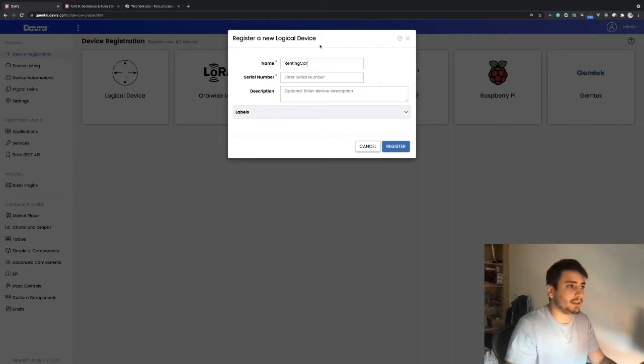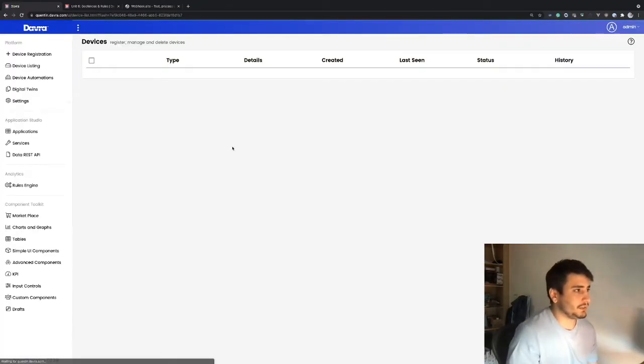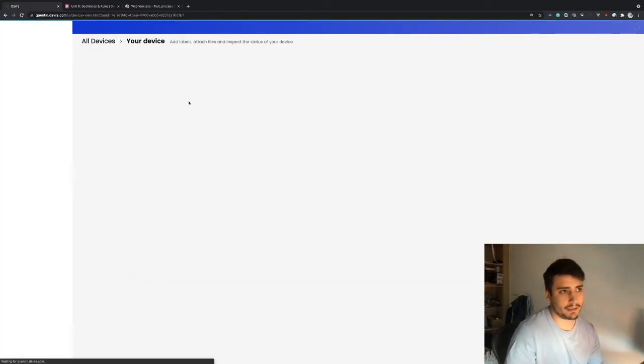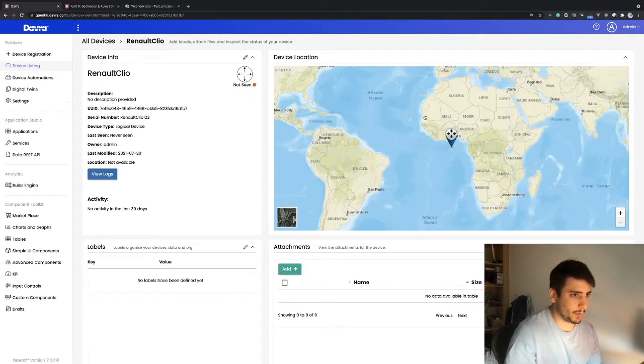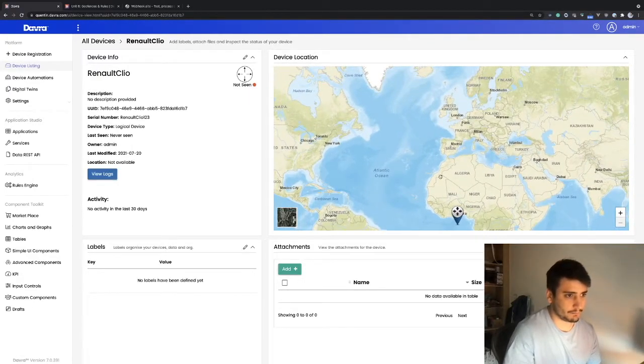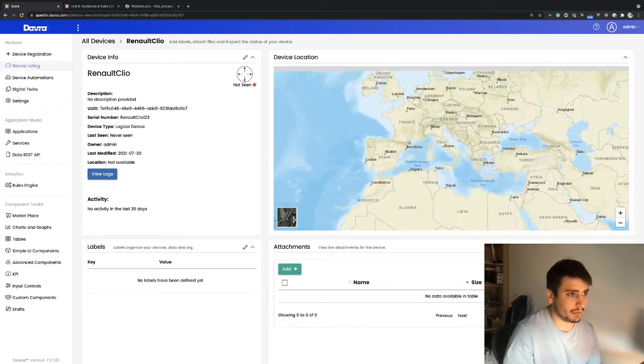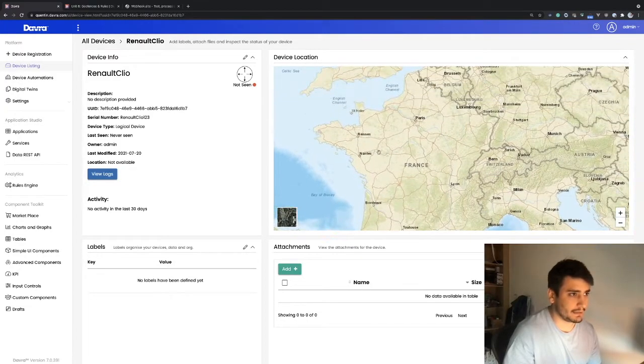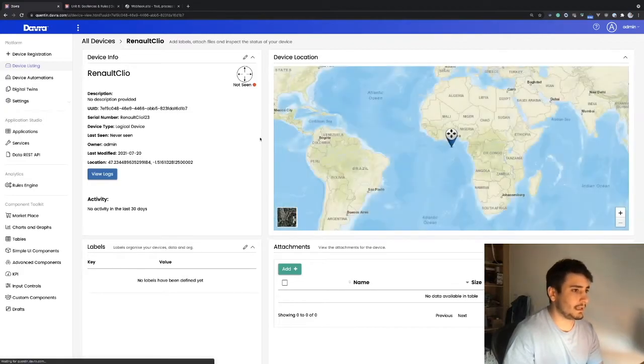So let's pick a French car. It's going to be a Clio, a Renault Clio going to Paris. Up, we can view the device, and as you can see on the device page, we have this type of map. Basically, if we click somewhere, so let's say the Renault Clio here is in Nantes, and we play move, basically up, and if you reload, it will move the device to,